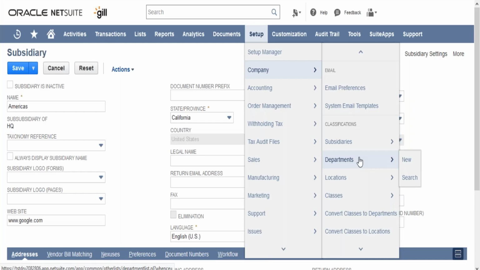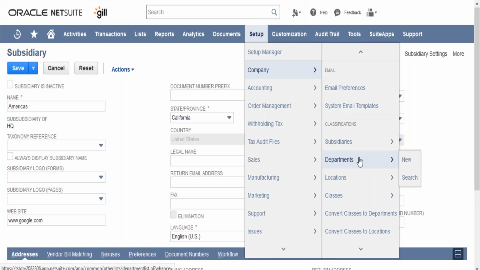Okay, it's not specific that the HR department could only be specific to Tata Motors and not to Tata Sons or Tata Tea. So the departments and classes are nothing but, in other words, cost centers. Okay, so departments and classes can be shared between multiple subsidiaries, but location is always specific to a particular subsidiary.